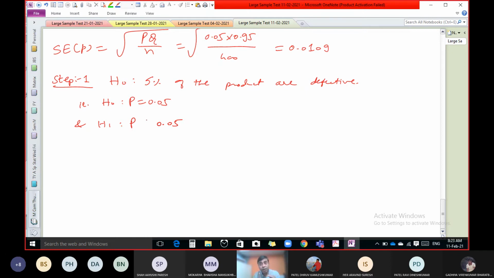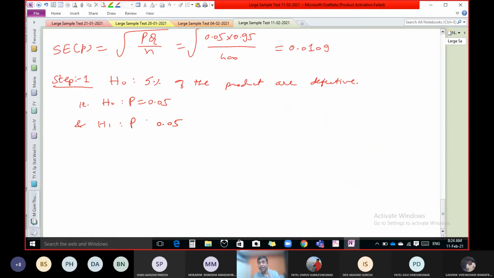Means if less than 5% are defective, then it is a good thing for the company, but we can say that the claim is not correct, because they may have reduced their defective product and produced less than 5% defective. So it is not a good sign for the claim. If this is the claim of the manager, then that manager is not correct. Why? Because actually the company produced less than 5% and he said that only 5%.